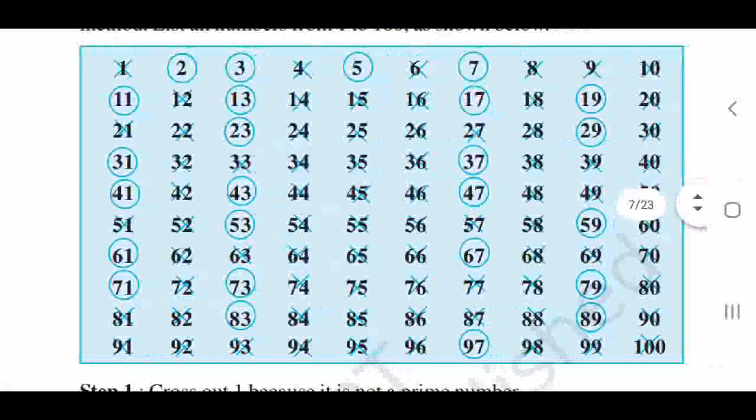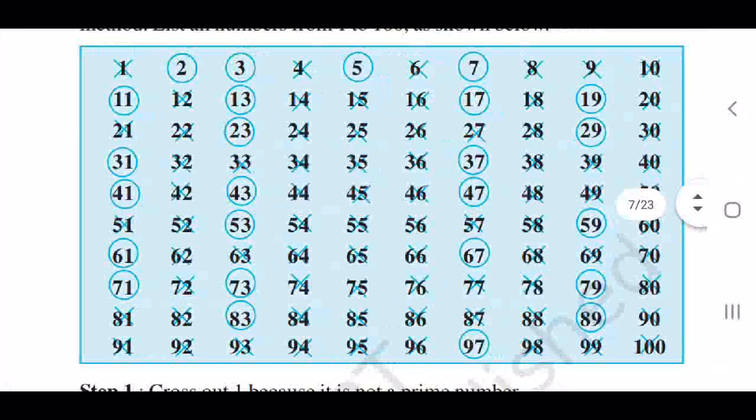In one problem I have said you don't write now, later you have to. So you just leave the space. One page you just leave to complete this. Below that sieve of Eratosthenes, you leave one page. Write the numbers from 1 to 100. Okay. So you just cross out the composite numbers and encircle the prime numbers.